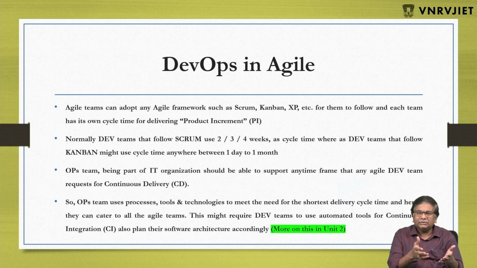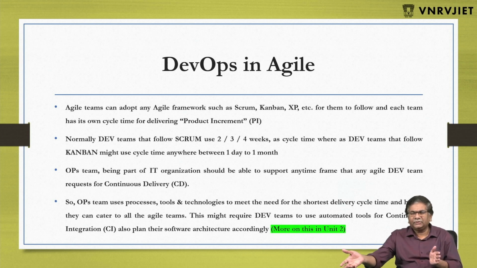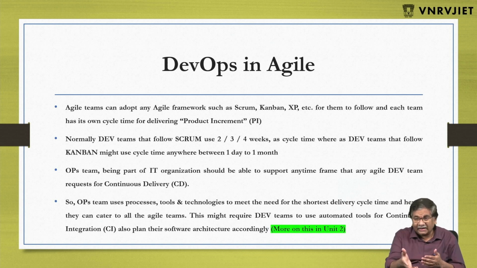Now, as I told you, these frameworks define the outlines, but how exactly to run them is something every company, actually every team, decides. Scrum, Kanban, XP, there are so many things like that. Each team follows one particular way of delivering. For example, Scrum uses 1 or 2 or 3 or 4 weeks for delivering something to the customer. Whereas Kanban, normally Kanban is implemented by